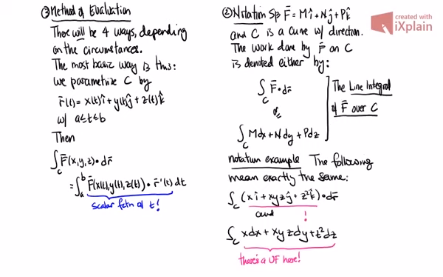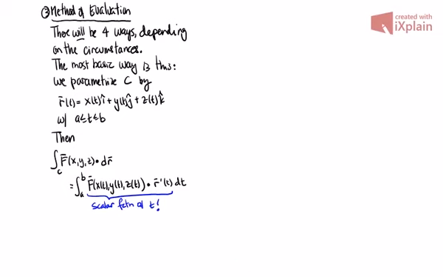Let me look at an example, and then I want to do the same example with the other notation, because it may look like things are different depending upon the notation, but they're not. So here's an example. I'm going to make this first example really simple. I'm going to give you the parametrization, because what I want us to see is how we get the final integral. So let's say, find the work done